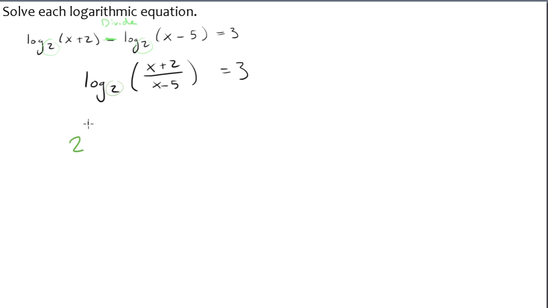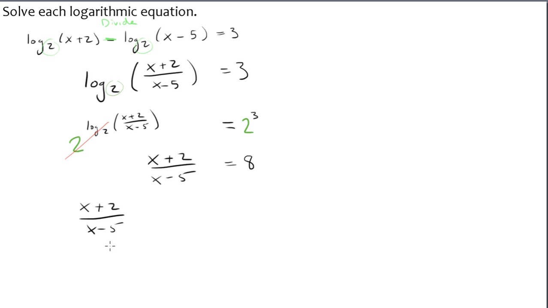So this is going to be 2 to the log base 2 of x plus 2 over x minus 5, and that's equal to 2 to the third power. So over here, these are going to reduce, and let's write it a little closer to this equal sign. We'll be left with x plus 2 divided by x minus 5 is equal to 8. So we'll have x plus 2 over x minus 5, and I hope you guys remember how we solve these. It's going to be minus 8 is equal to 0, and then we're going to take that 8